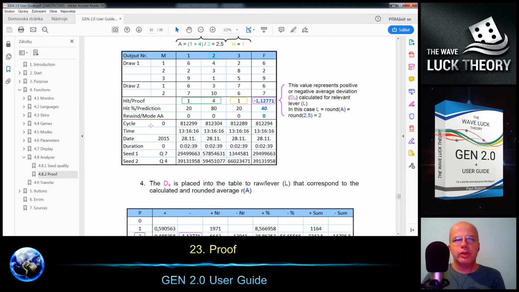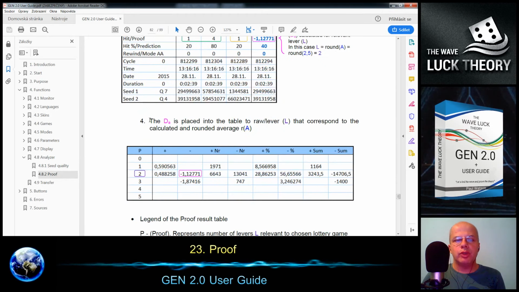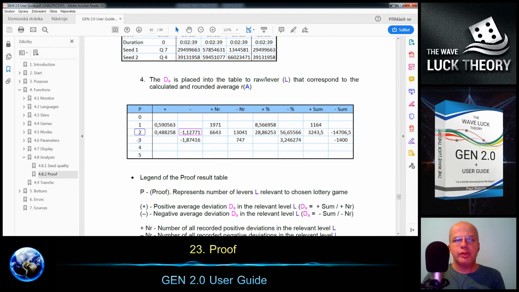In our case, the maximum amount of hits is 3 plus 2, which is 5, so we have 6 levels. Then for each level we have the average deviation for the positive ones and the negative ones. Then there is a number of results with the positive deviation and a number of results with the negative deviation.